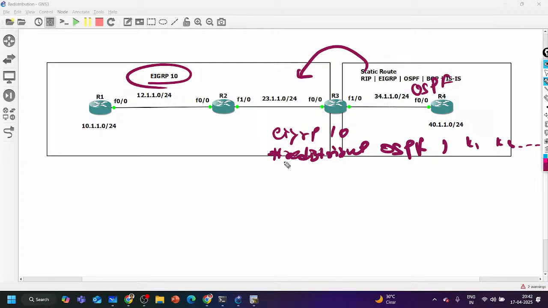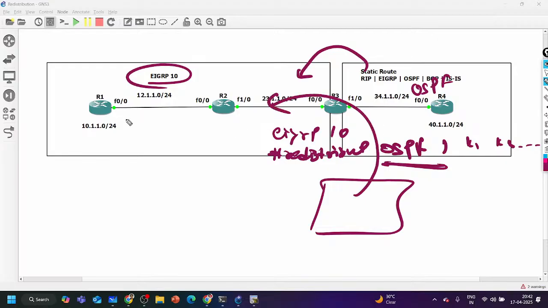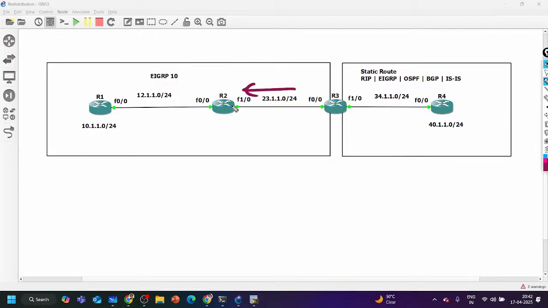So what will happen now after running this command? My router will look up the OSPF process 1 routing table, and whatever prefixes are there in OSPF process 1, it will advertise all prefixes into the EIGRP domain. And how will it calculate the metric? It will calculate the metric based on the values which you have defined. Clear? And then it will advertise to its neighbor, router number 2. Router 2 again is going to calculate the metric by comparing the bandwidth which is coming in the update and the bandwidth of its link, total delay, whatever formula there is, and then it will advertise to R1. So R1 will have this 40 subnet. Clear?